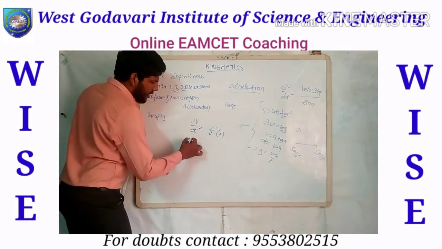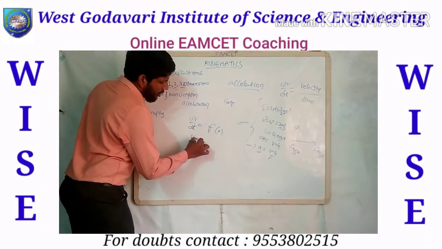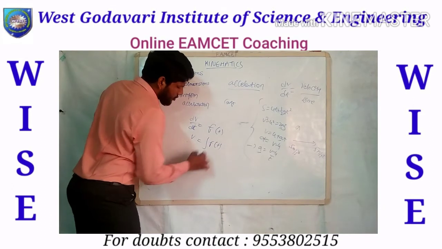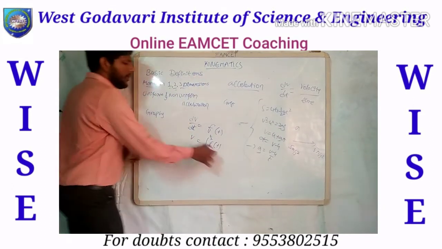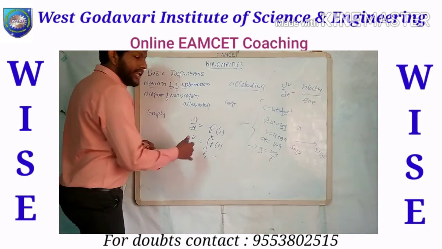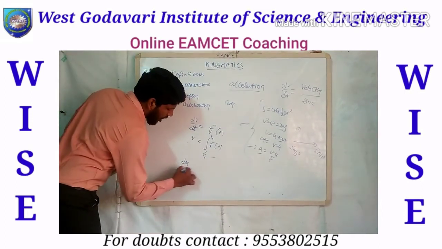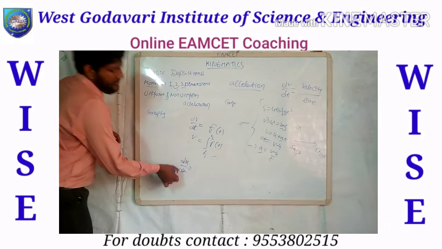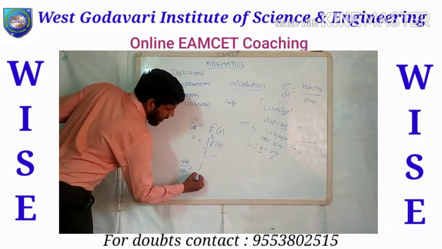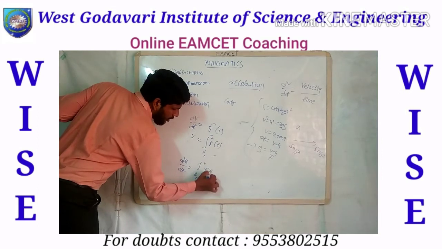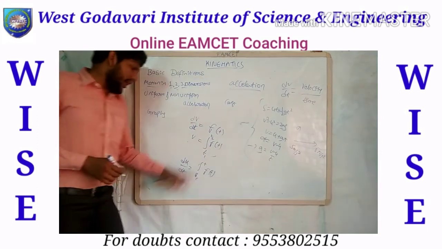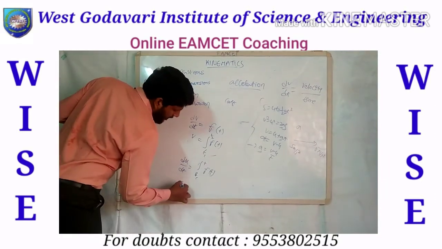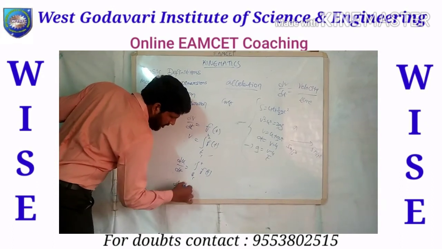So v equals the integral of the function of time, with limits t1 to t2. This is the value. If you want to derive the displacement, that is dx by dt or ds by dt, you can write v equals dx by dt, that is velocity equals displacement per time. So again you need to integrate this for the velocity or displacement with time. So s or x equals this one, which we need to integrate.